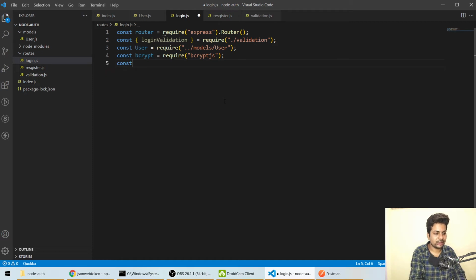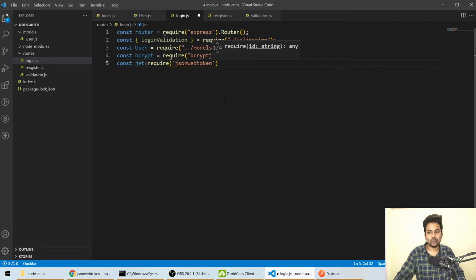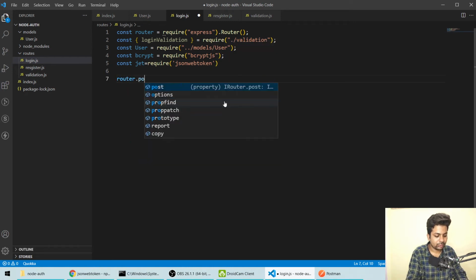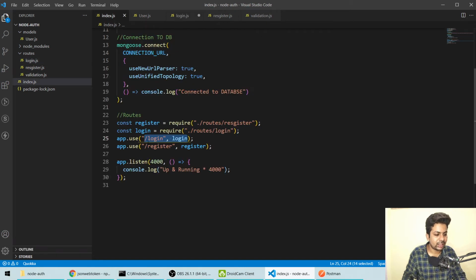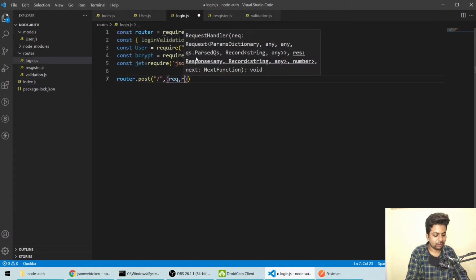So const JWT equals require JSON web token. So that's it for now. So now let's just start it. We'll say router.post. It should be a slash, not dot slash only, because we are doing slash login here only. And after that we'll get request, response.